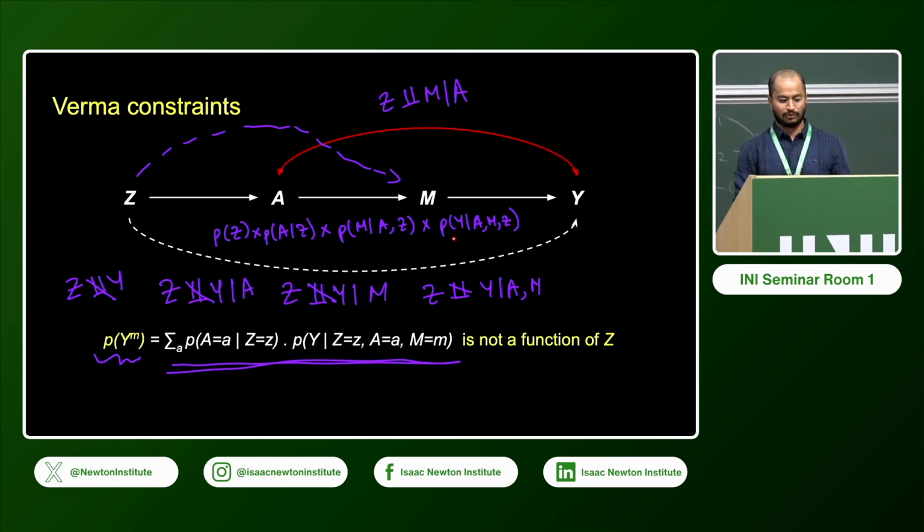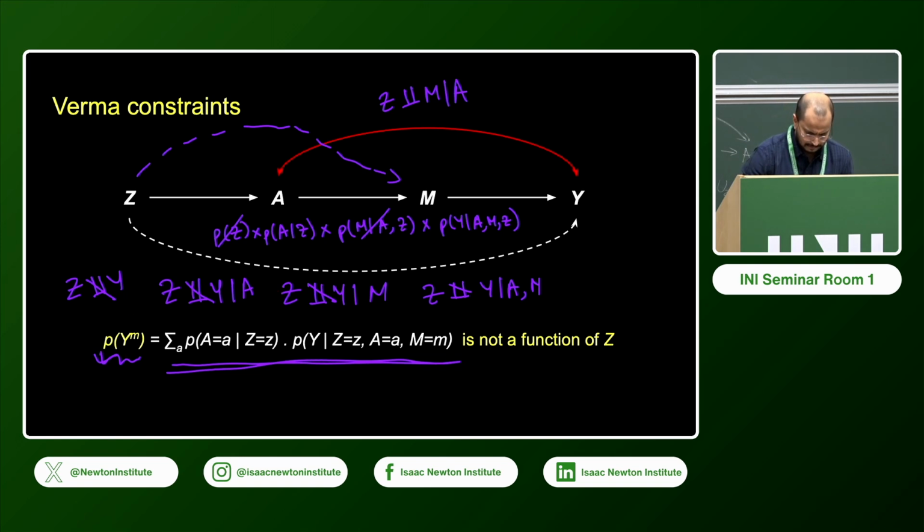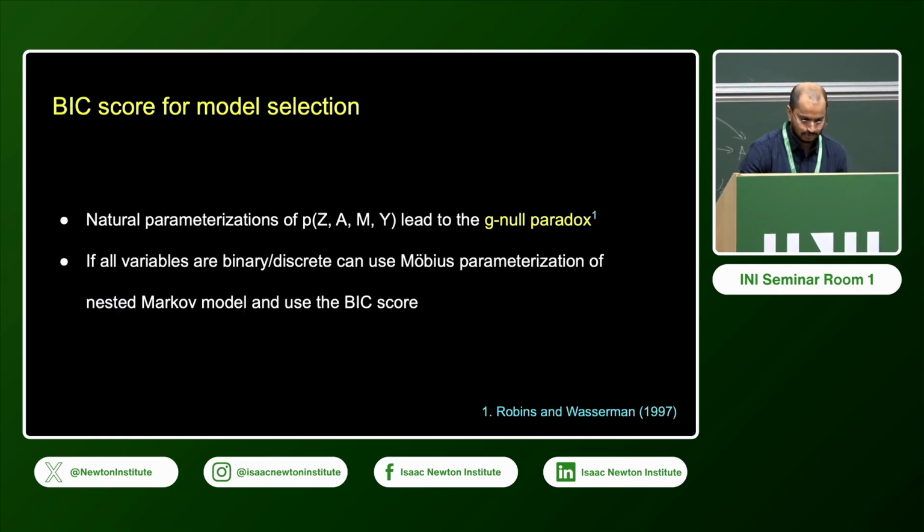So if you think about intervening on z and m, it's basically dropping these two terms. That's the G formula, and then you end up with p of a given z and y given z, a and m, and then you marginalize over a to get the effect of m on y. Okay, so